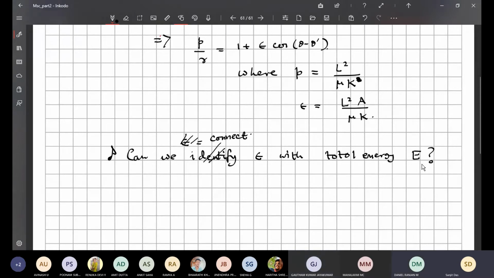When we were doing the Hamilton-Jacobi, we explicitly did the solution. At that time I told you that when we do the central force, we will come again to the same thing. Of course, not from Hamilton-Jacobi; we are using the orbit equation, the usual Lagrangian methods and Newton's law, nothing else. So now, can you tell me how I can connect this with the total energy, if possible?